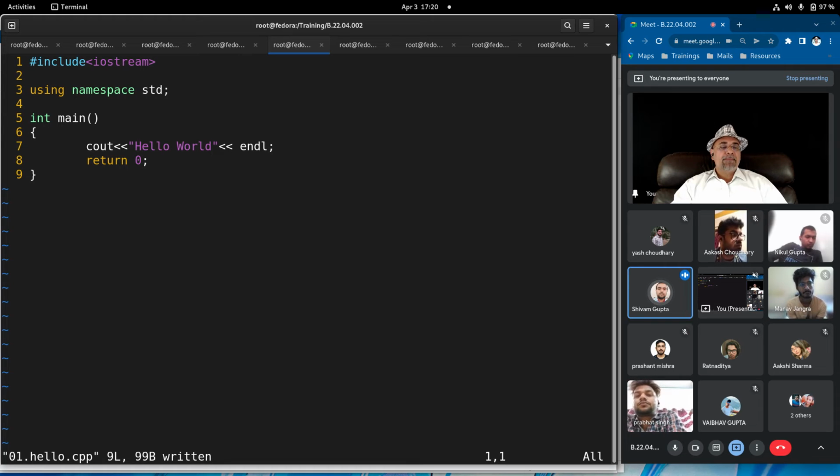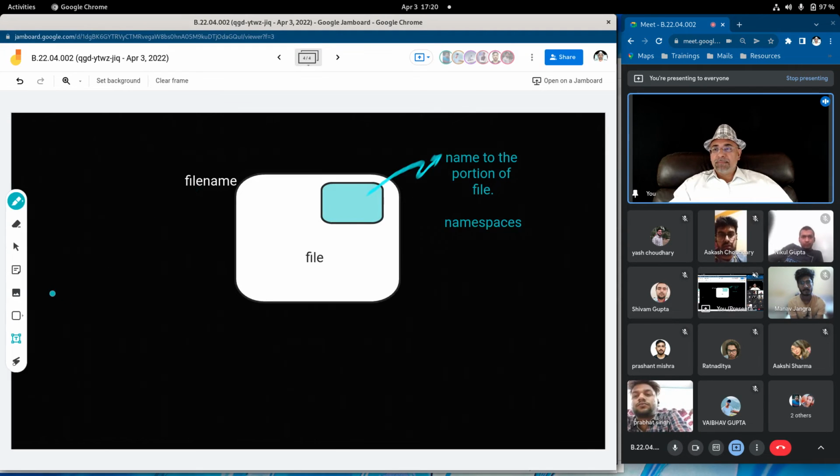Okay, sir, one more question. What if we need to include the entire IOStream, then what should be the scenario here? Well, IOStream has some other namespaces also, which I'll introduce to you as we proceed further. You have to include those namespaces also. So I mean to say that there are some other portions of the file that also have to be included using a namespace with another name.